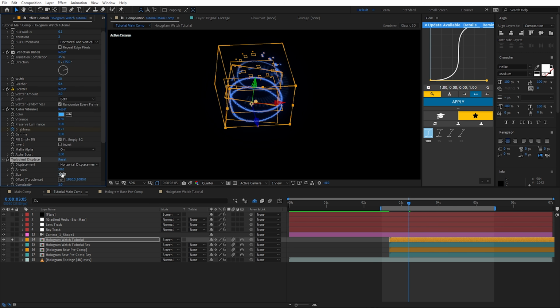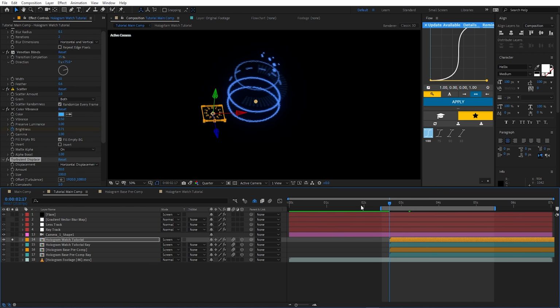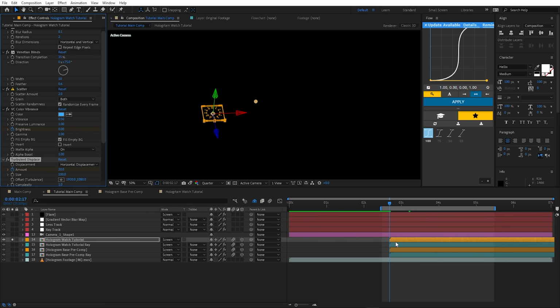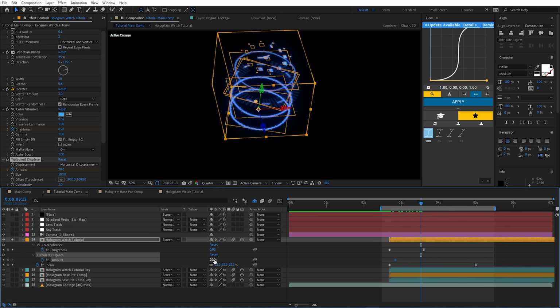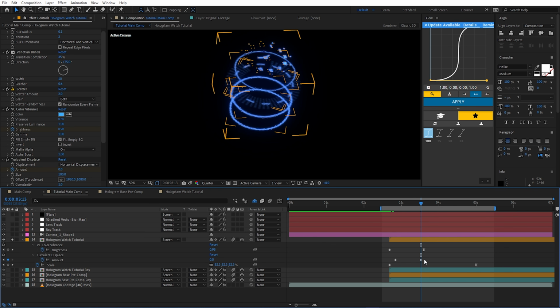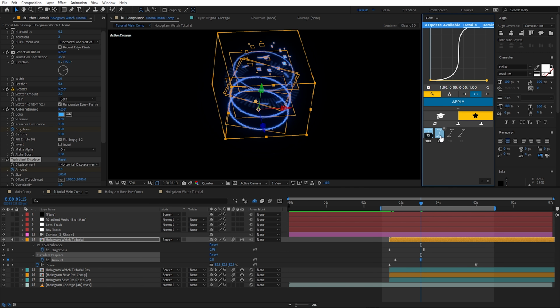Then we'll do an amount of 20 and we'll go at the start here and we'll set a keyframe there. Hit U to bring up the keyframes and we'll move over like so and maybe go over at this point where we can actually see the entire thing and we'll set it back to 0 and we'll F9 that and